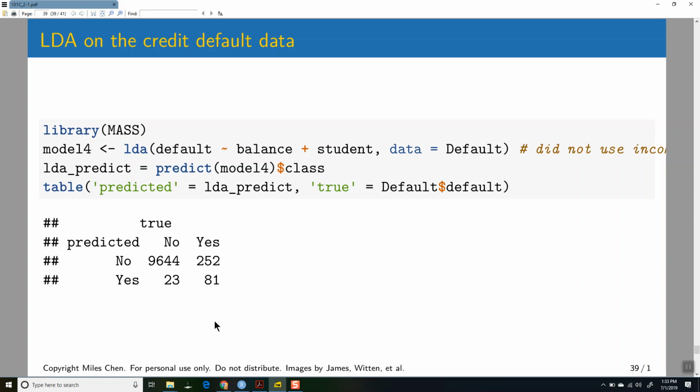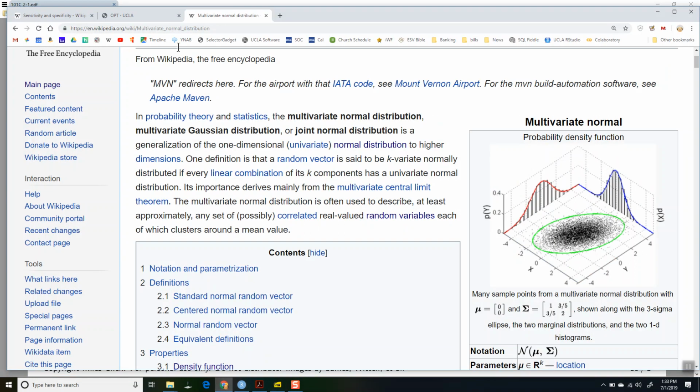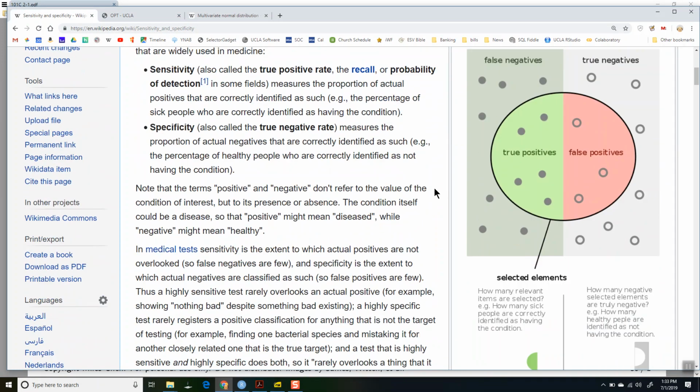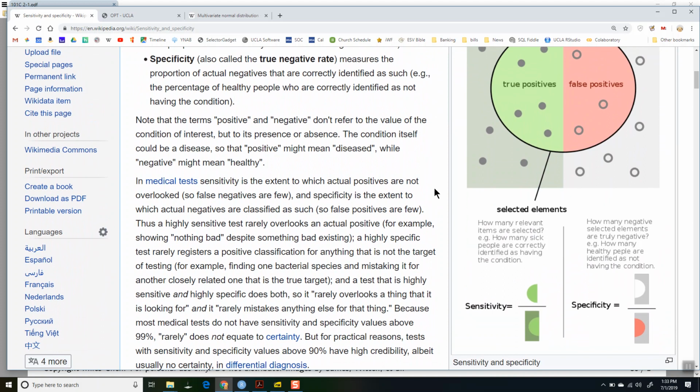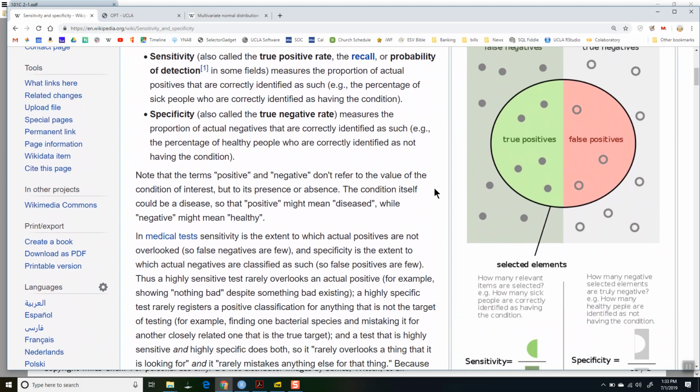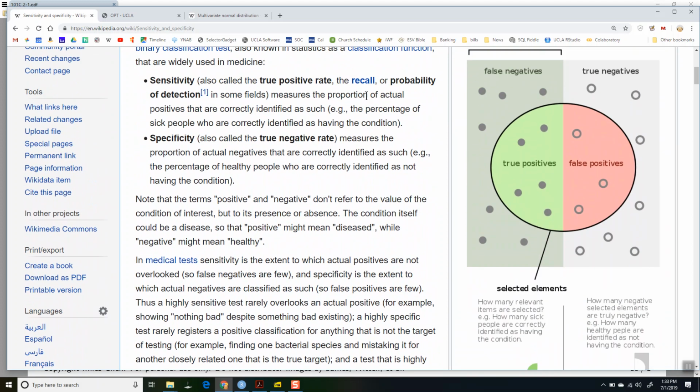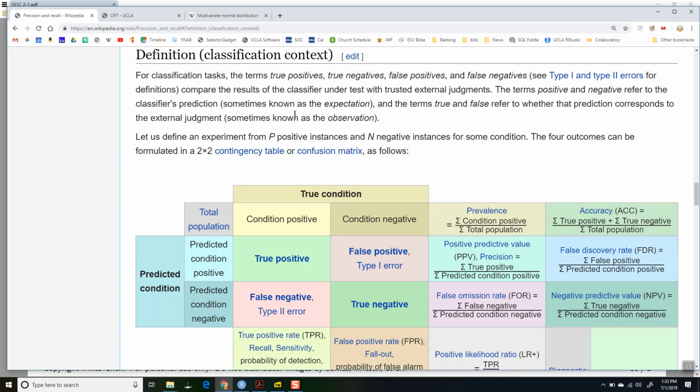We have sensitivity and specificity. All right, and so here's a picture. There's a few things, like precision and recall and stuff like that. Okay, so sensitivity is also called recall,